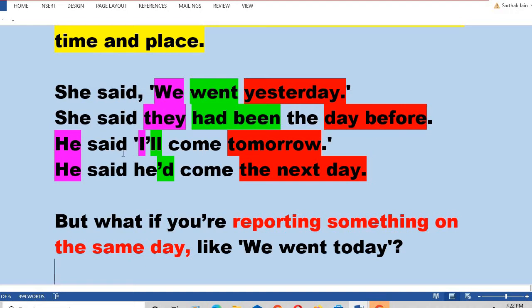The next is, he said, "I'll come tomorrow." He said he would come. I again is the pronoun of the first person, will change according to he. Okay. He said he would come. I have written here the contracted form. I will, he would. Okay. He has changed according to what? He has changed according to the subject of the direct speech. And that is, the first person will change according to the subject of the reported verb. Okay. Tomorrow will convert into the next day. Again, this point is to be memorized by you.